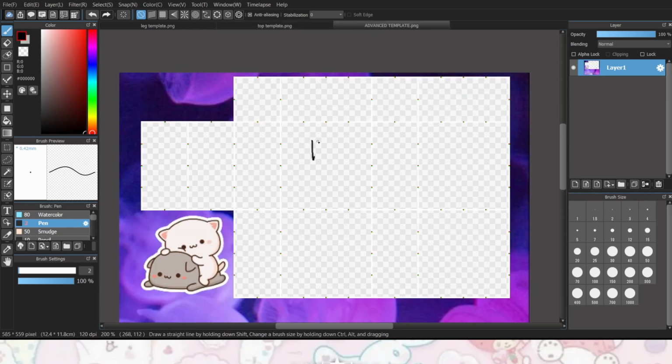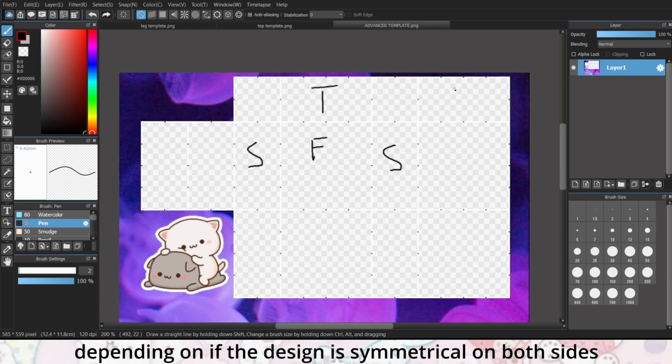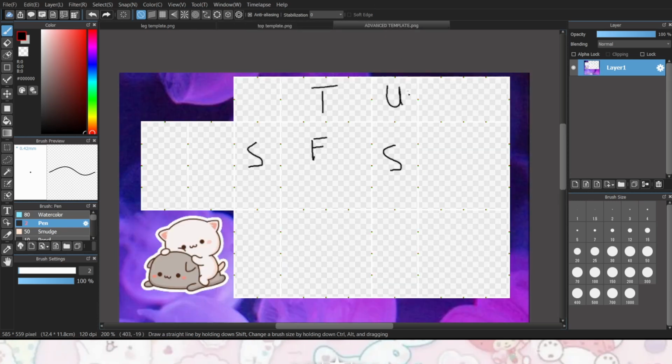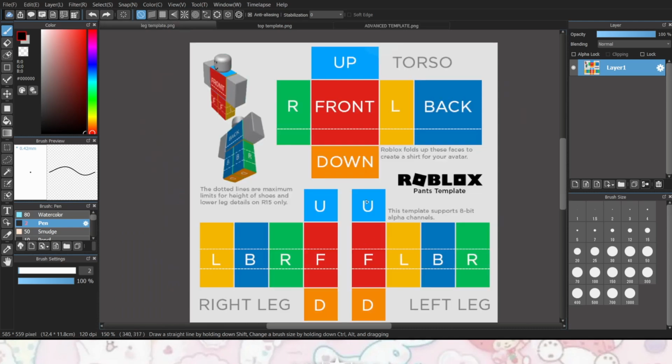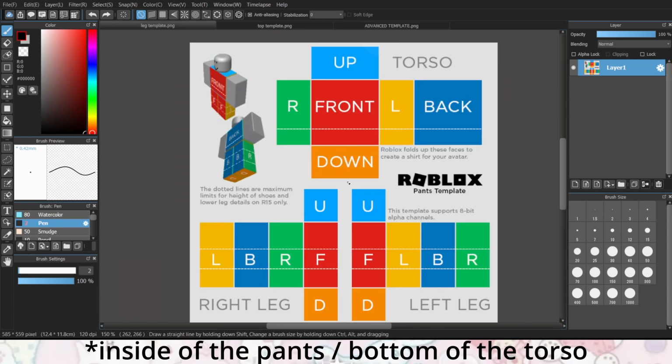So this is the front, this is the top where the neck hole is, this is the side, this is the side. This is where I put the very top of the arm. However, depending on what design, if you're designing both the top and pants, for example, you can use this for the top, and then obviously for the legs you would have one for the legs. And then this is, well, I use it for the inside of the jeans. So here,